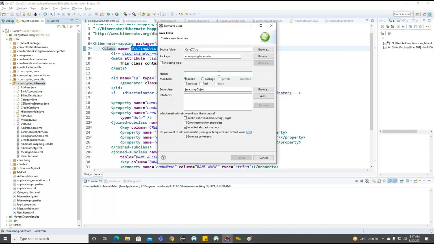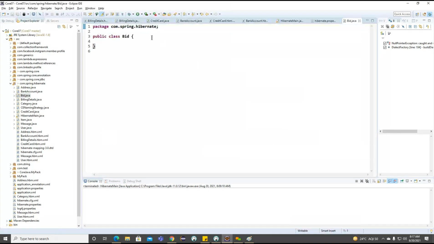I want to create a class here. I want to create a class called, already I think we created item. Now we need to create a bid here. Getting the point. So this particular bid I'm trying to create. Now observe. So this particular ID I'm trying to create here,